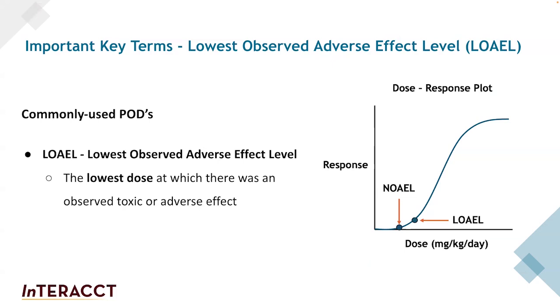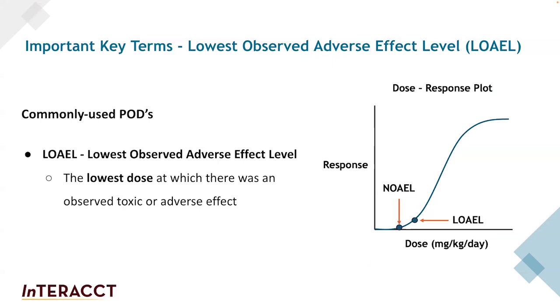It's important because it helps identify the point where risk begins and is often used in risk assessments when a NOAEL is not available. By understanding both NOAEL and LOAEL, we can better evaluate the relationship between exposure levels and